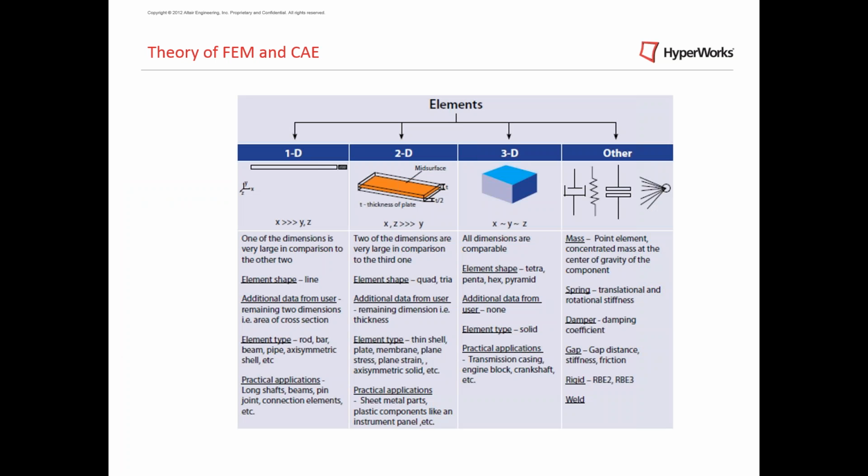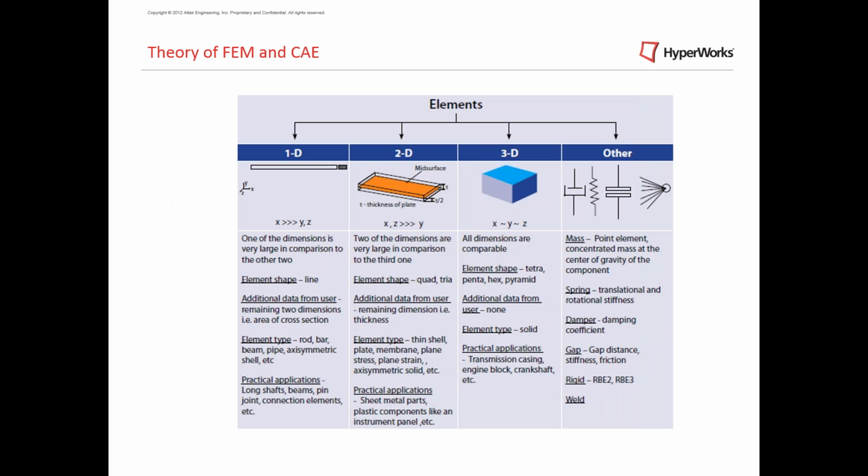1D, where one of the dimensions is very large as compared to the other two. Element shape is line. Additional data from the user is the remaining two dimensions, that is the area of cross section. Element types are rod, bar, beam, pipe, axisymmetric shell, etc. Its practical application is long shaft, beam, thin joints,